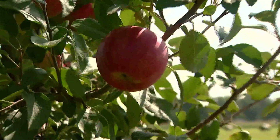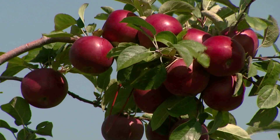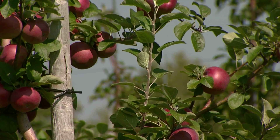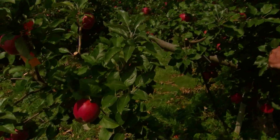One of the key reasons why the spindle system is so superior is all the apples on this branch get a lot of sunshine. More sunshine means fewer bad apples. So even though a spindle can't produce quite as many apples as a standard tree, the ones it does grow are almost guaranteed to be top quality, unlike standard trees. All this interior right here isn't growing anything, and if it is, it's not going to get sunshine like this